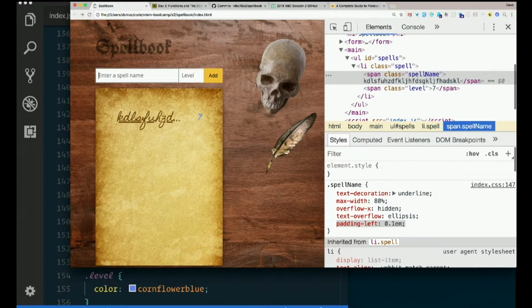So now we've got multiple fields. We've got them nicely separated. We've got them styled a little differently. I don't love the cornflower blue. It was just to show that we can style them differently. But